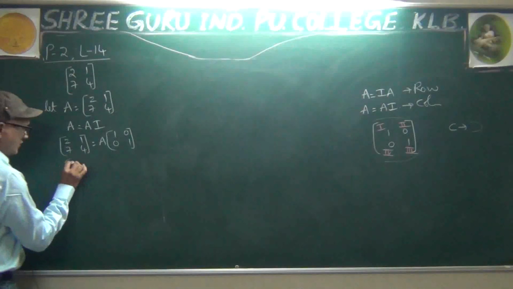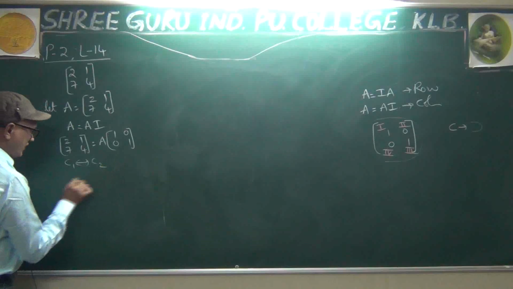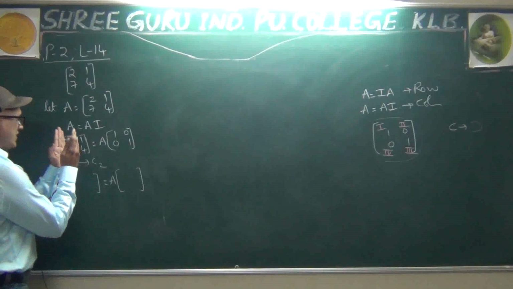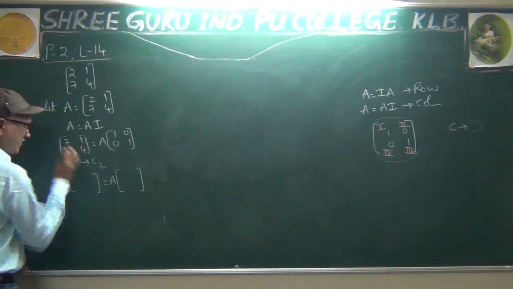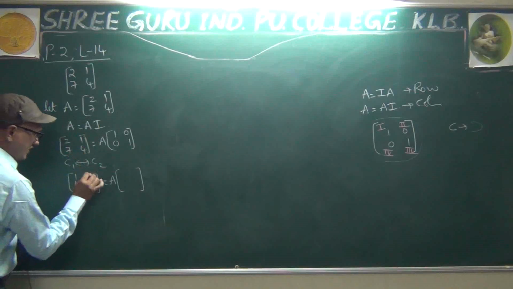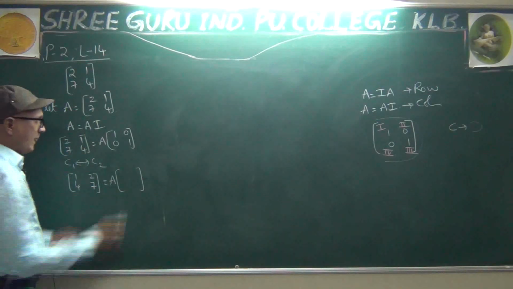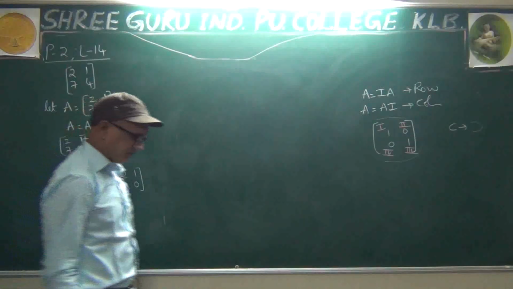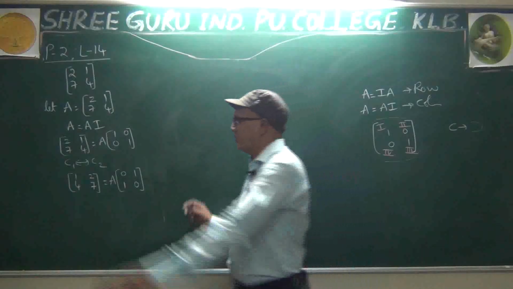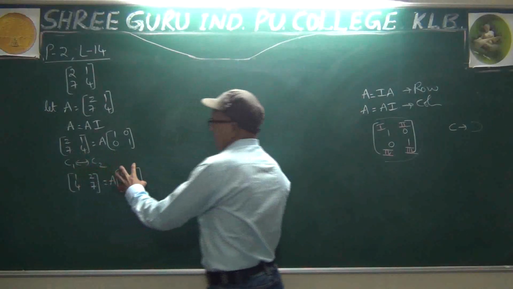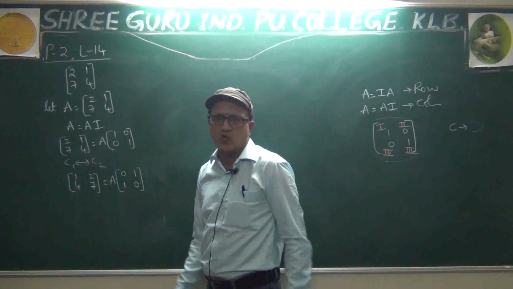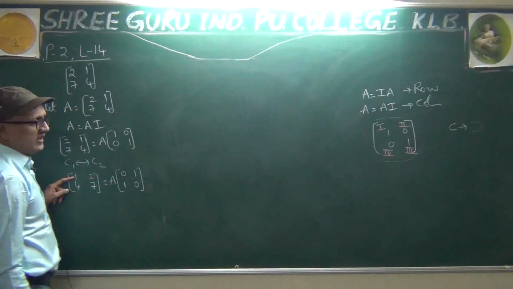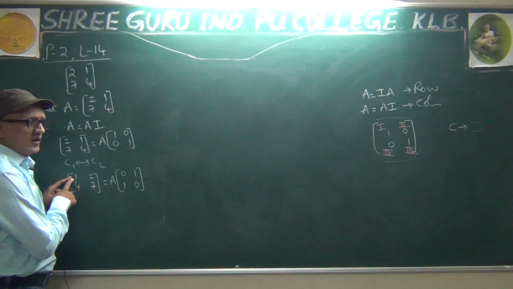So C1 and C2 we are interchanging, first column and second column. So 1 4 comes here, 2 7 goes this side. 0 1 comes this side, 1 0 goes that side. Whatever the operation we are doing for this side matrix, the same operation we have to do for this side matrix also. So here we got one in a very easy way. We got one here.